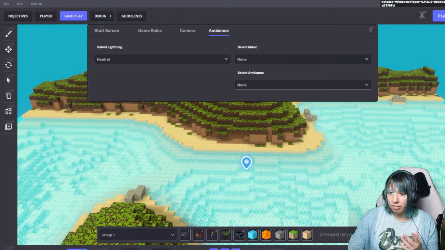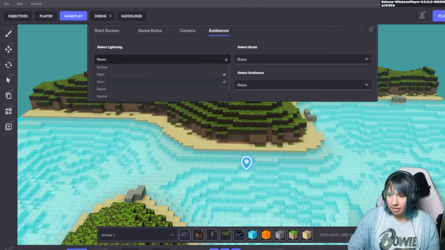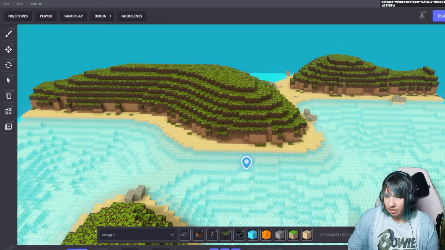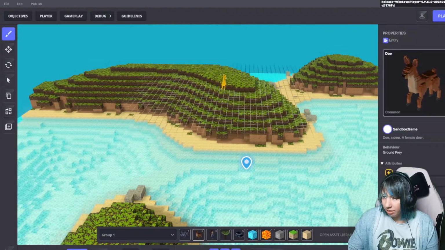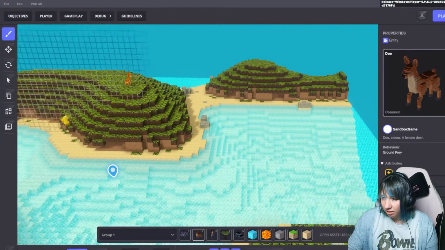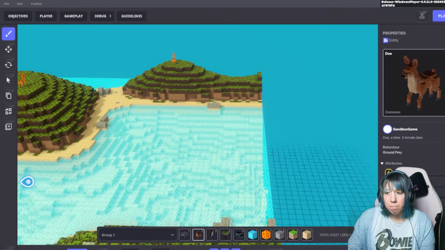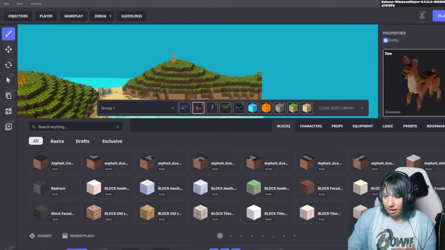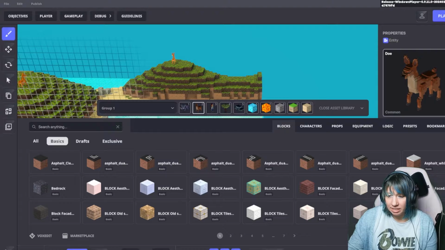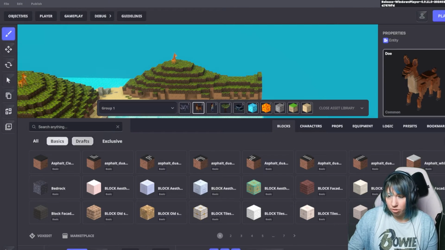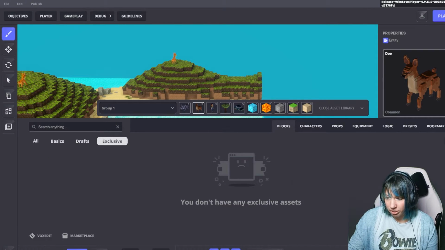The ambience, so select the lighting that the experience has. Asset placement, so click place assets on the map. To get the asset library opened up, a shortcut is L. And they are organized into all basic, so these are the ones by the Sandbox, drafts, exclusive, so I don't